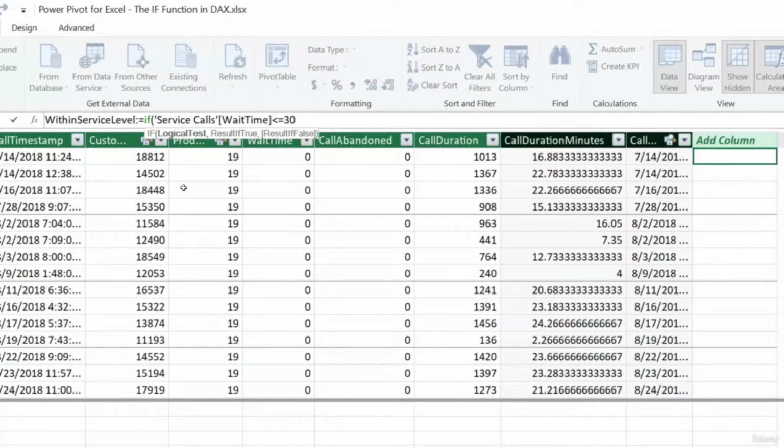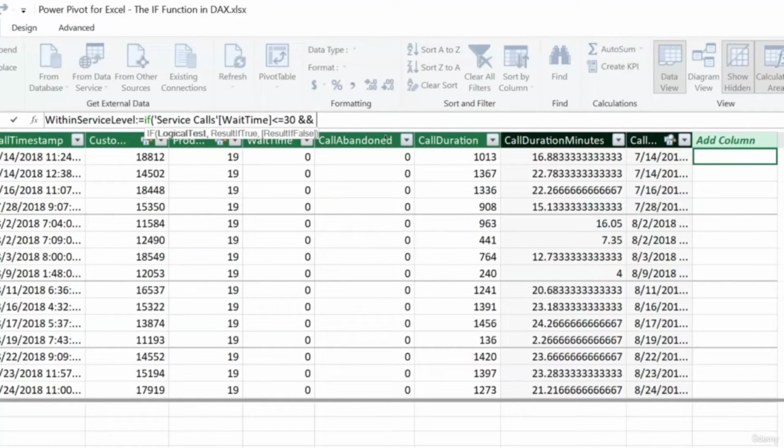So now, to combine this logical condition with another logical condition such that both of these conditions have to be true for our if function to return that first value instead of the second, we'll use the double ampersand operator, which is Excel's version of the logical AND operator. So we'll type a space after our condition and then two ampersands, and then another space, and then we'll enter